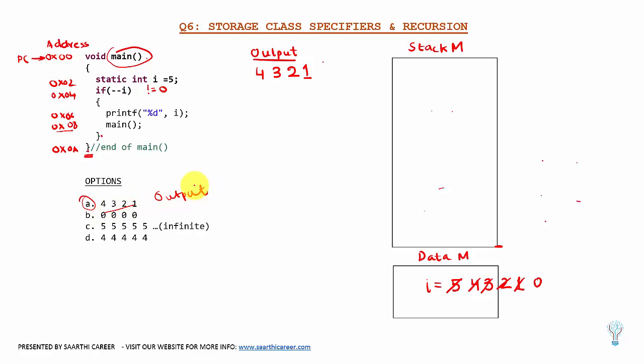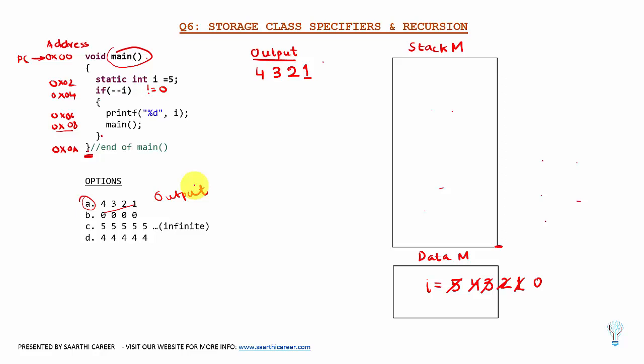Right, so I hope you understood this question. This question helps you understand a lot of fundamentals in depth. With the small code snippet, you can understand the difference between static variables and local variables. Clearly you can see that how, and you can prove